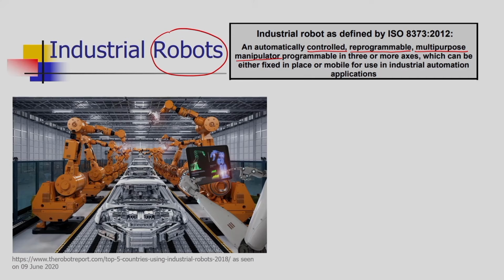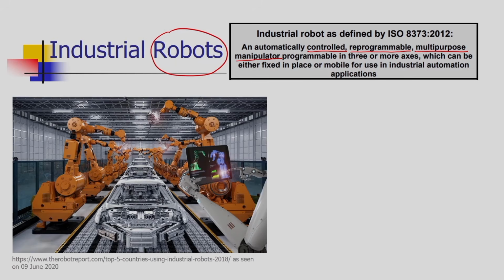So, this is a mechanical equipment controlled by electronics. It is a mechatronics based equipment which is reprogrammable. You can reprogram it for variety of operation. It is multipurpose. There are many applications of robots. We will see some of the applications relevant to manufacturing. It is easy to control. So, we can control it by using sensors and a feedback system. So, these kind of robots are having multiple axes, 3 or more axes are there, and it is a very useful equipment and widely used equipment in the industry.